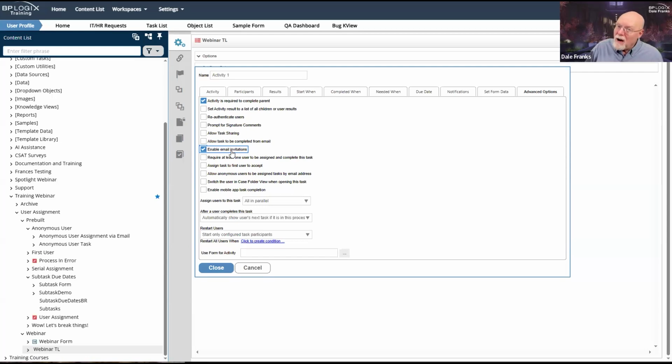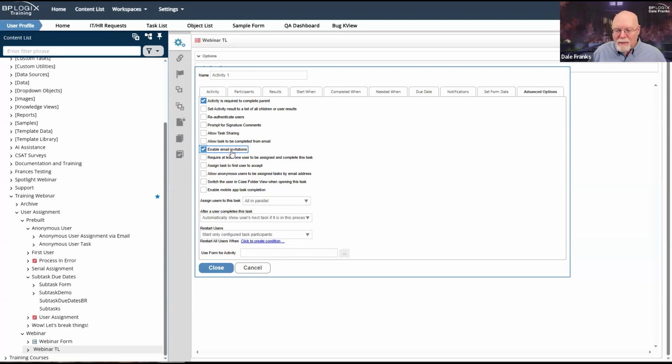Well, his cousin now has access to the task because he has the special link that he can click on to access the task and do whatever he wants in that task as if he was the task assignee, because I can't verify that the person who's opening the task is the person I wanted to receive the email. Because once that email is sent to the intended recipient, it becomes the wild, wild west after that.